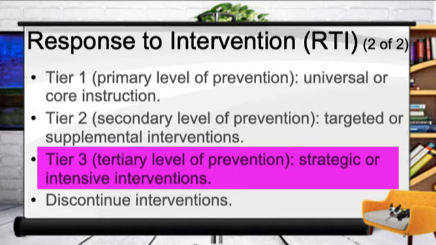At this level, students who are performing well below their expected grade level will be here. They require intensive support and instruction. In a group for Tier 3 instruction, this is going to be 1 to 3 students maximum. Students are going to have longer sessions and they're going to meet more frequently with their instructors than they would